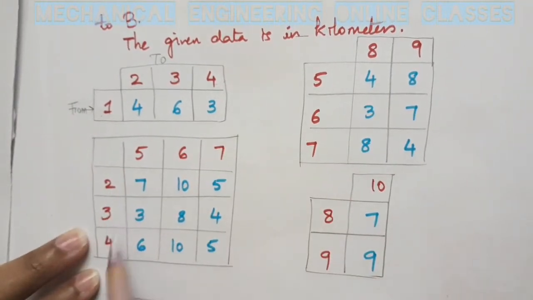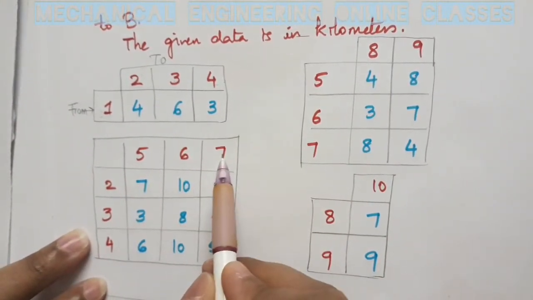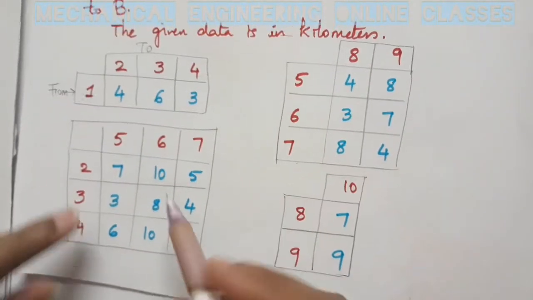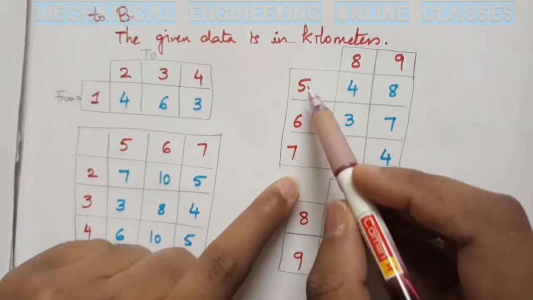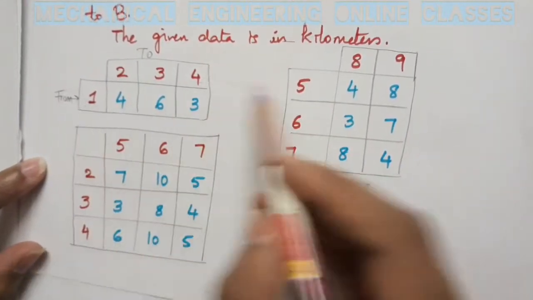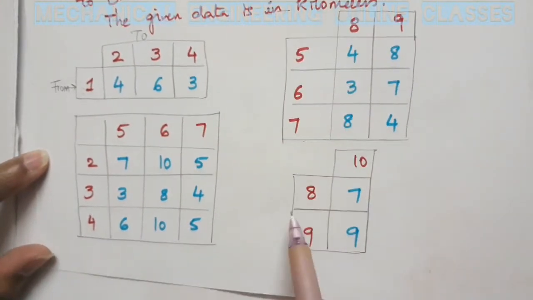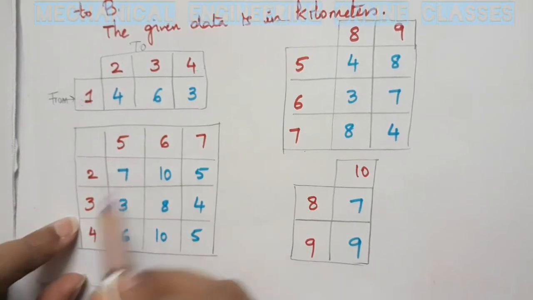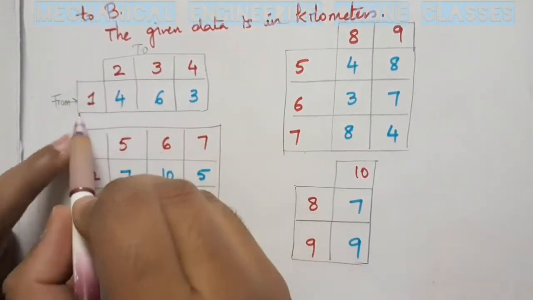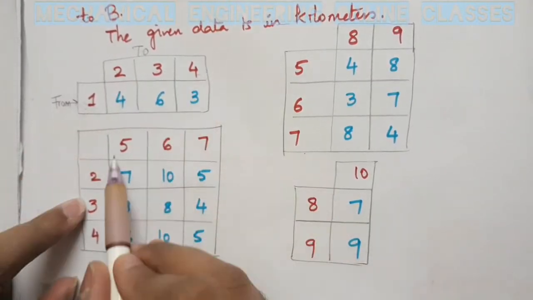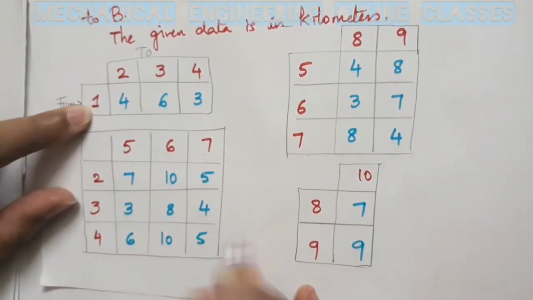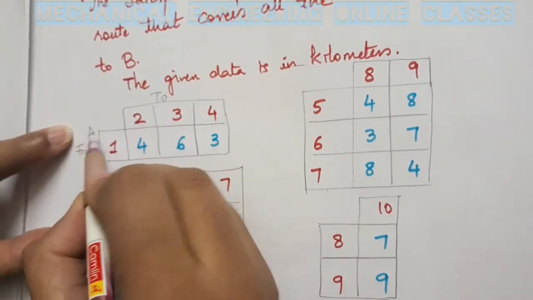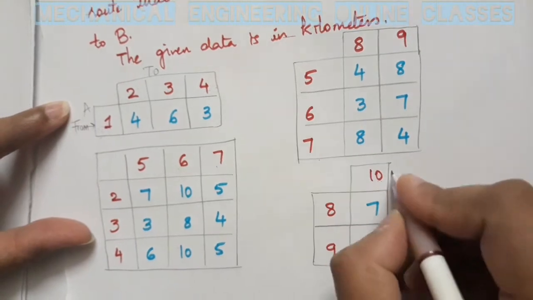Again from 2, 3 and 4 we can reach 5, 6 and 7, and from 5, 6, 7 we can reach 8 and 9. So we have to see where "to" is coming and where "from" is coming. By common sense also we can understand from where a particular city is coming, because nowhere is 2 to 1 mentioned. It is only 1 here and there is no 1 in any other places. So 1 is the origin and 10 is the destination. So here this is city A, and this is city B.